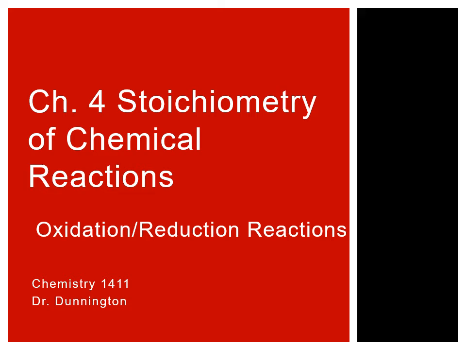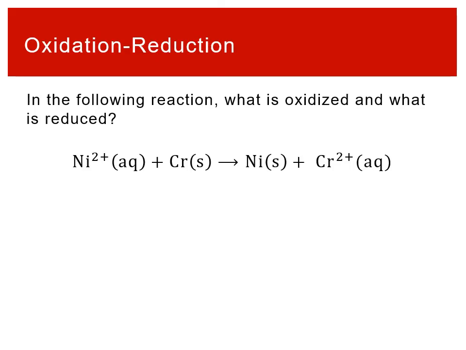Now we're going to look at some oxidation reduction reactions. So now that we know how to assign oxidation numbers, we want to apply them, right? The whole point was we wanted to identify reduction oxidation reactions. So if I look at this case, I could see things are changing, cations, things are becoming ions or not becoming ions. So I want to be able to look at it and know what is being oxidized and what is being